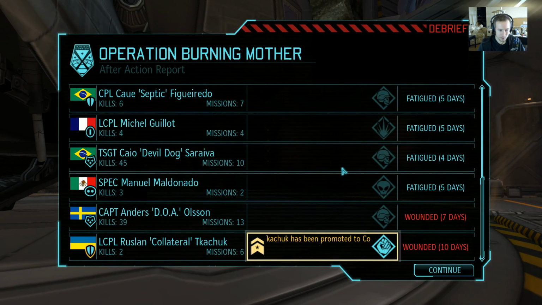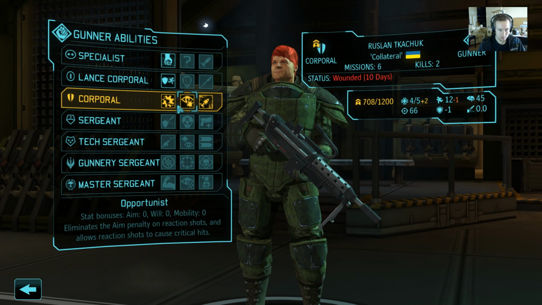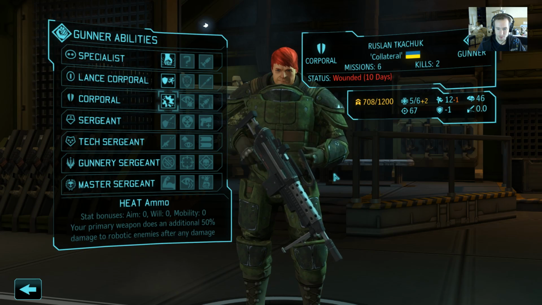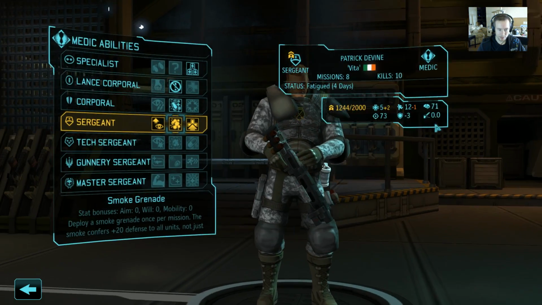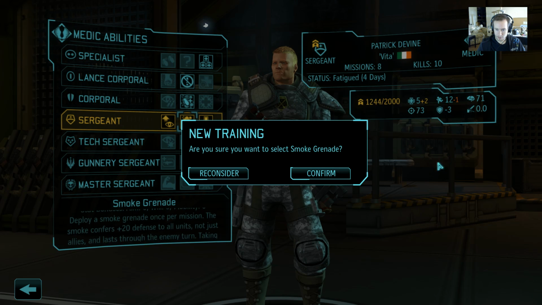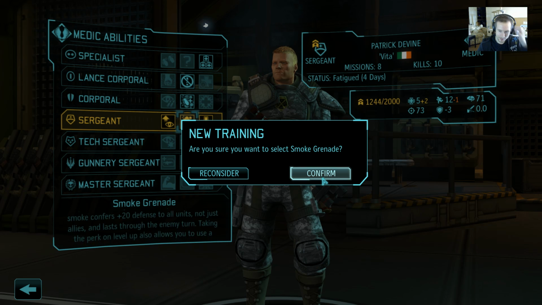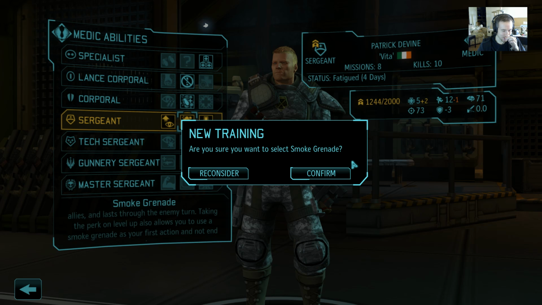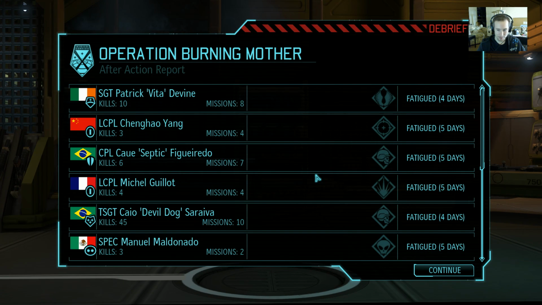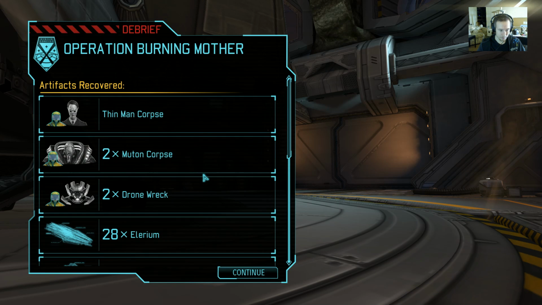Pretty straightforward, easy mission. Nice and quick. I didn't count the turns, but it was not many turns. Got a promotion on Devine. Promotion on Chachuk. Grab heat ammo on him so he can reliably start to think about shooting mechs. If I want him to shoot stuff, I'd like him to get some aim. And just a smoke grenade on Devine. A more human level up. Quite a bad level up, but